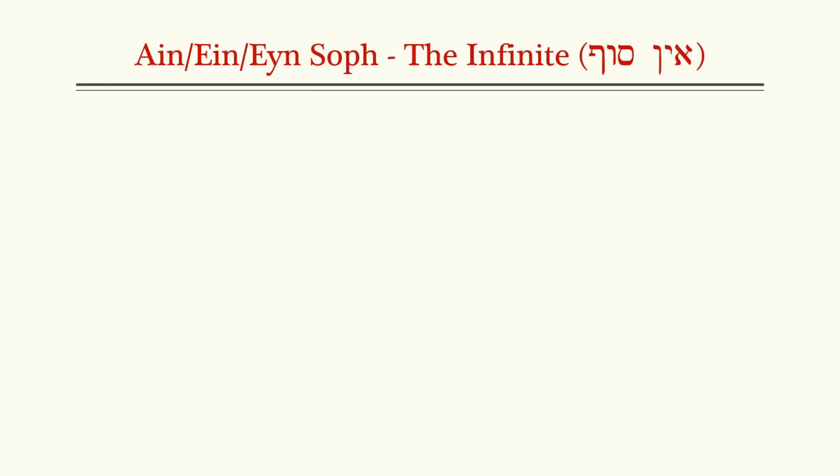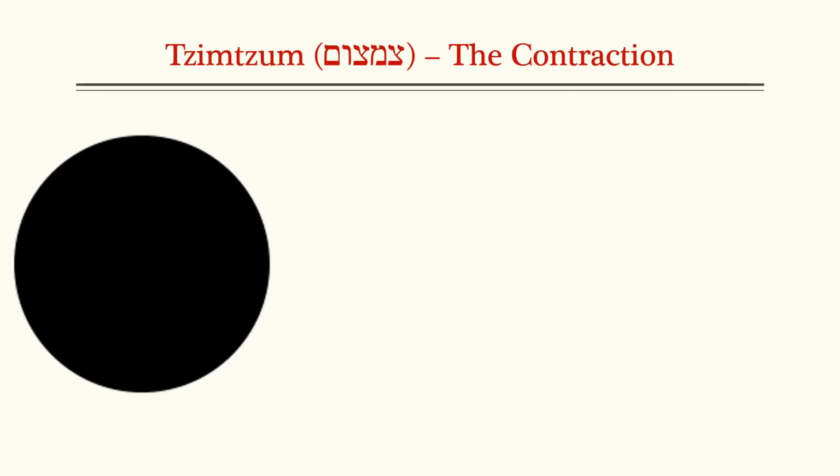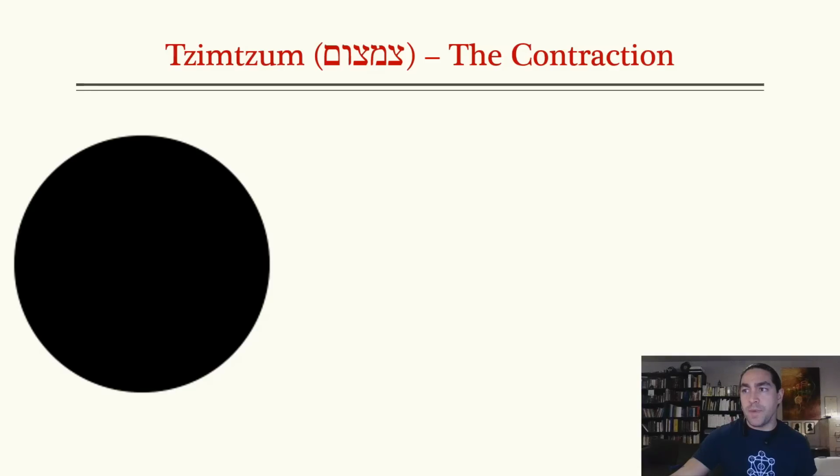So we conceptualize this infinite. One way to conceptualize it is as an infinite sea of light, pure energy with no shape or boundary, no time, no space that exists. Then we have the Tzimtzum, the contraction. Here's our second look at it. We could view that as this inhalation, as this negative space, this void. We've now created